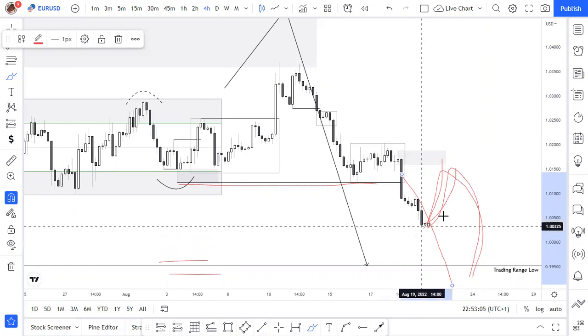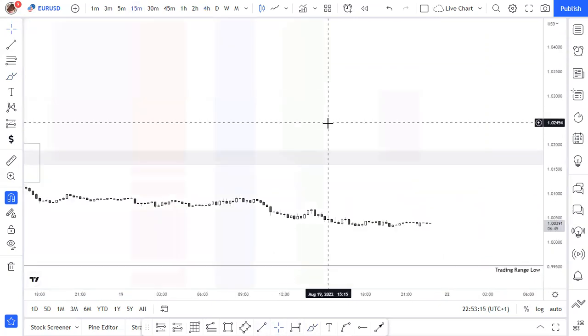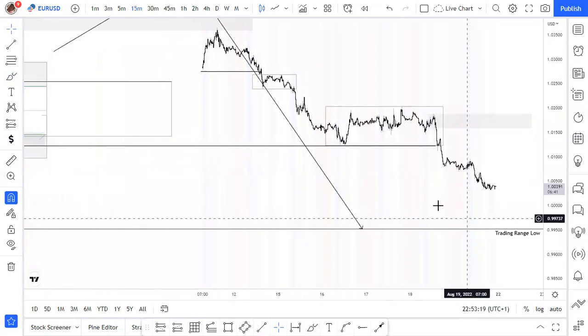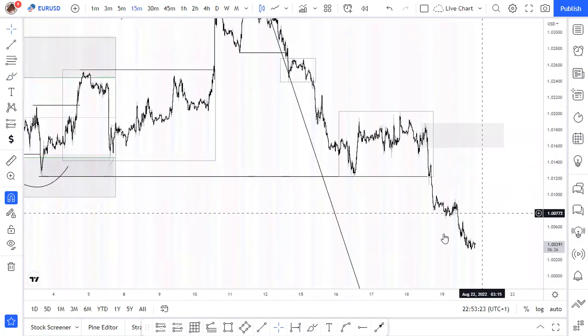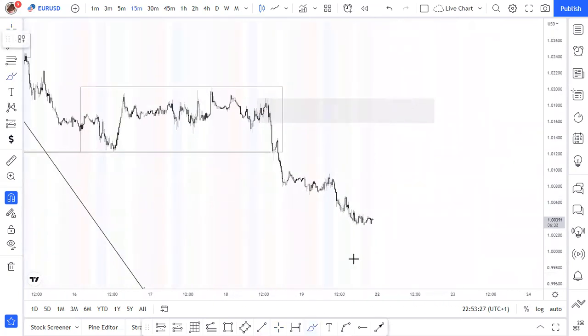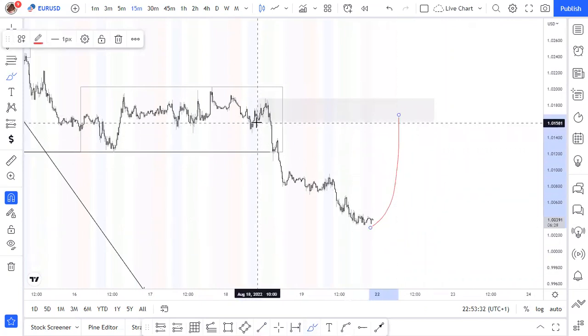Well, I don't really know, but we'll see how the week develops. So going down to the 15-minute time frame, just to see if there's anything here. We know that if the 4 hour time frame is going to pull back, as I said, the 4 hour time frame is going to pull back to this maybe supply